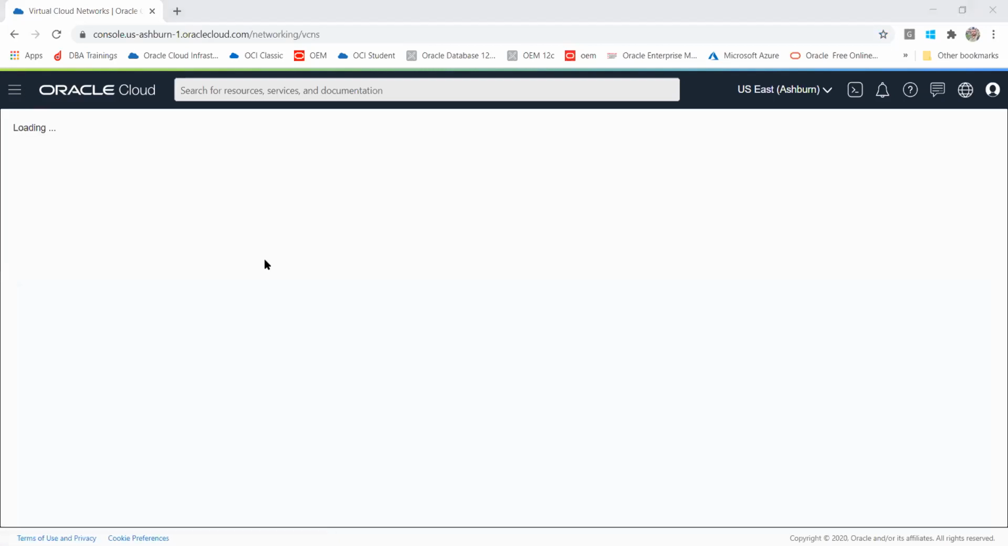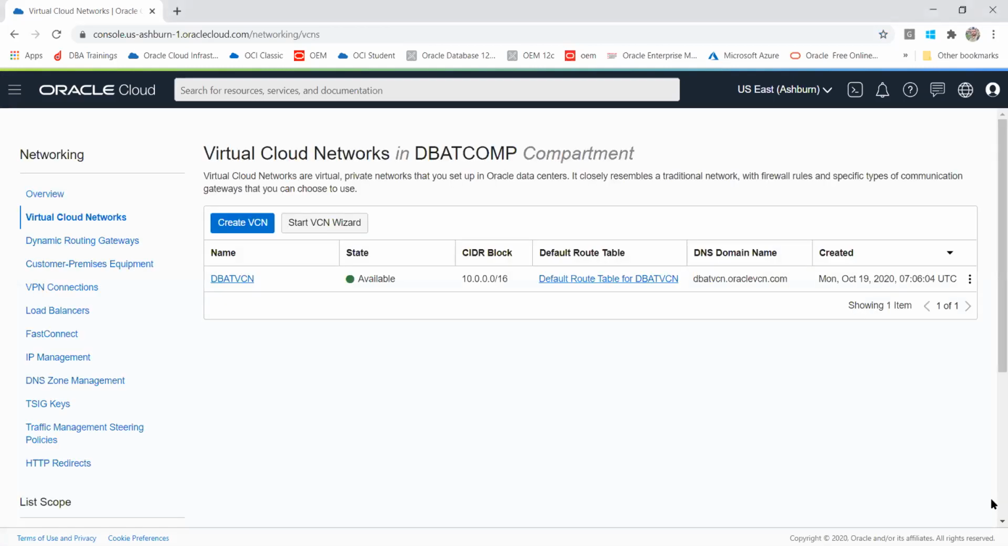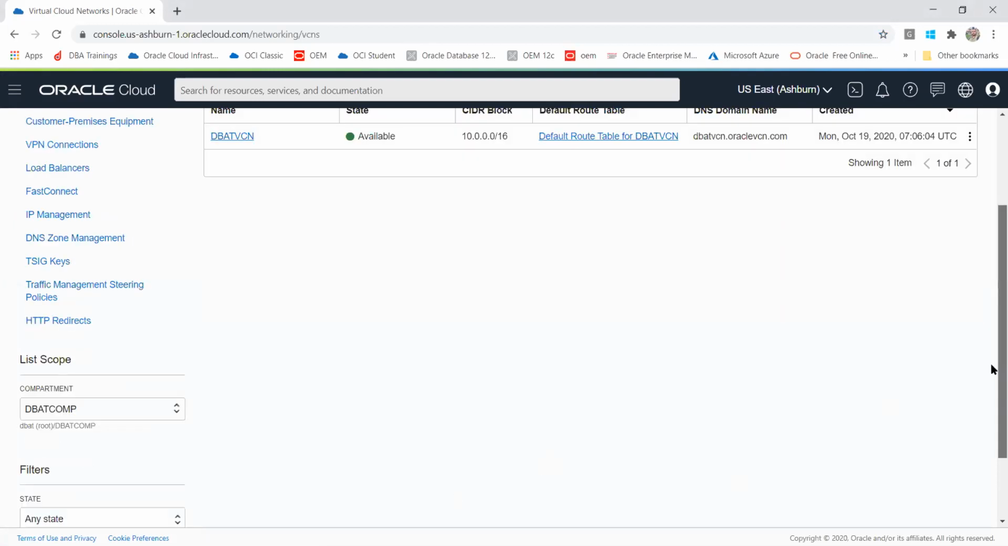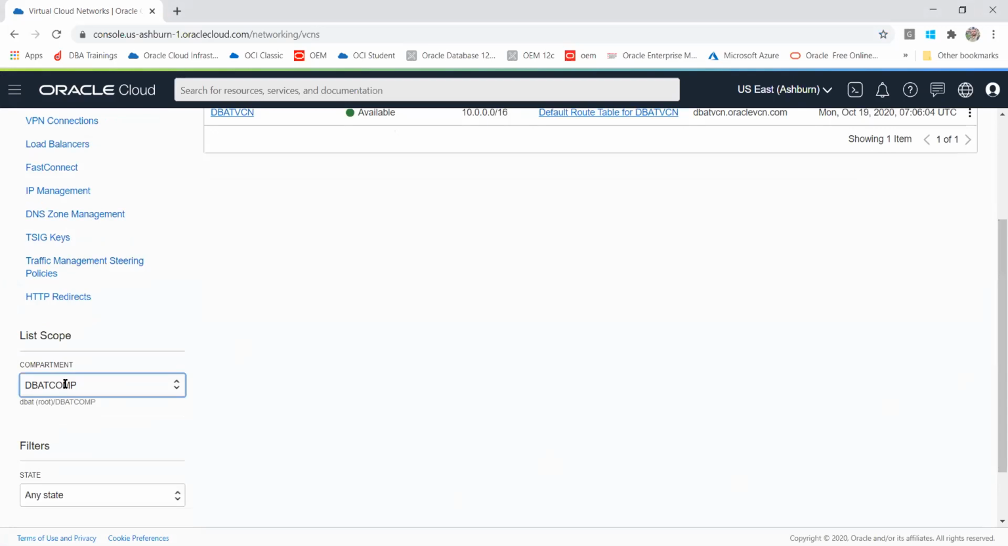Once you click on Virtual Cloud Networks, you can see multiple options. First you need to select your compartment, the one in which you are going to create the network. If you have not created any compartment, there are two options: either you can create one or you can use an existing one. In my case, we already have the network and the compartment, but just to guide you on how to do that,